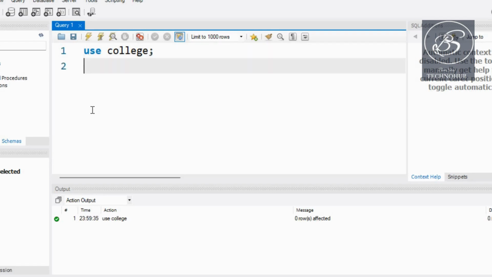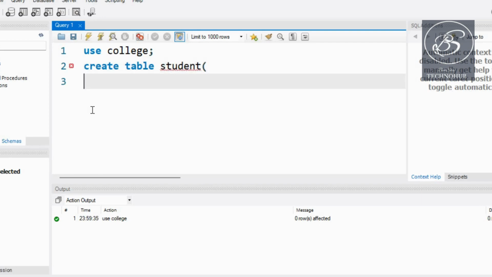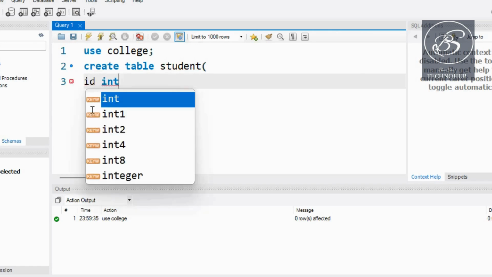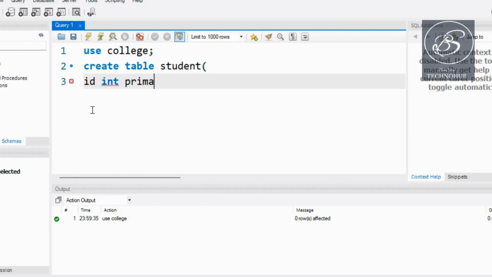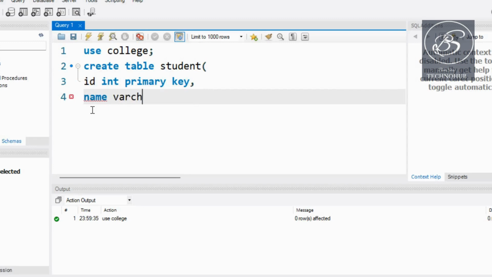So first of all you have to create a table. I am writing here create table. I am creating a table by the name of student, then bracket. First of all you have to go with your ID, then its data type, that is integer, and I am defining it as primary key, comma, after that the second column, that is name, its data type is varchar, with its constraint value,